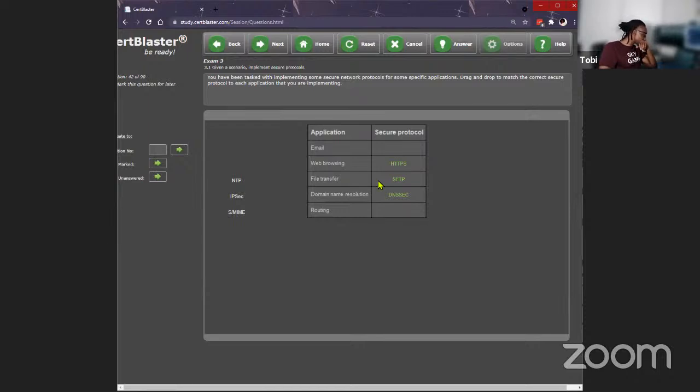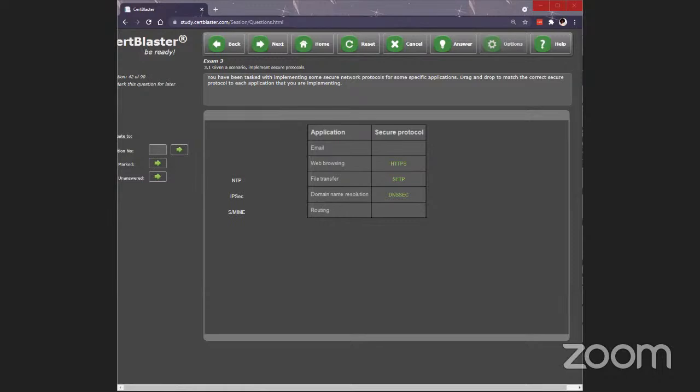NTP. Where are we going to put NTP? Wouldn't that be routing? I thought that was IPsec. What port number is NTP?